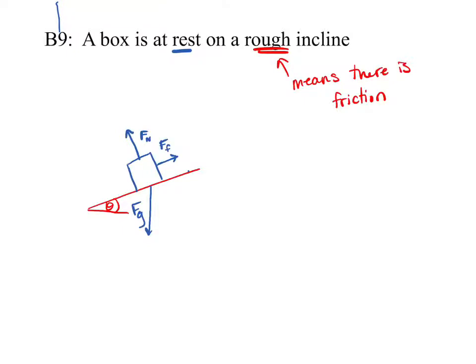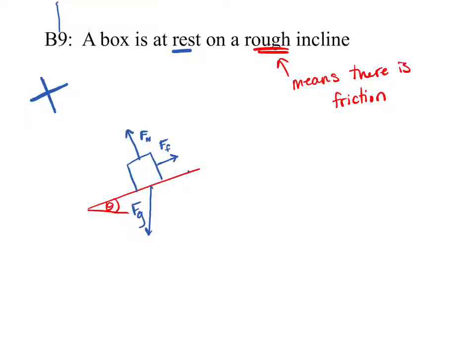Okay? Now, something we're not going to get into for another couple lessons, but I still want to talk about, is this Fg. So this is kind of weird, where we have stuff in this plane and this plane, but then we have this weird thing going downwards. Okay? So this is what we're going to do in inclines, is we're going to start making things a little bit different. And what we need to do, because we always need to have an XY plane, we always need to have our X direction and our Y direction. So the thing here is, I don't like this Fg, because I like things to be parallel to the surface or perpendicular to the surface, not whatever Fg is.